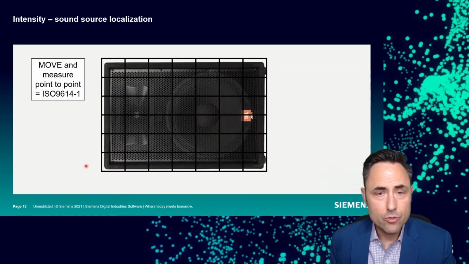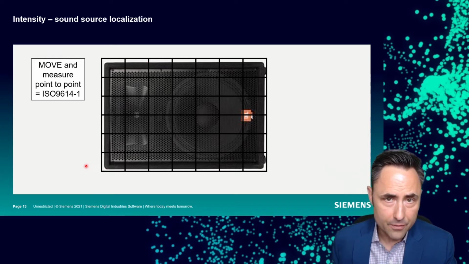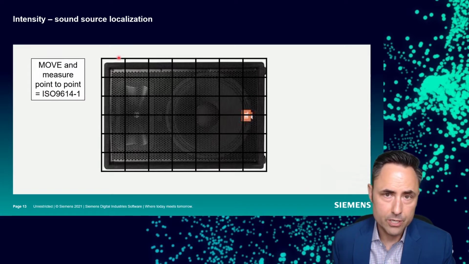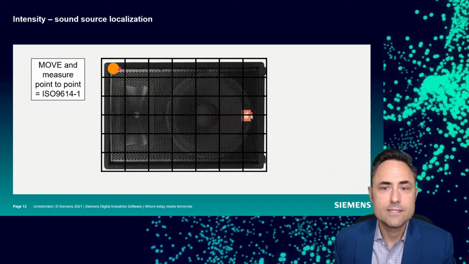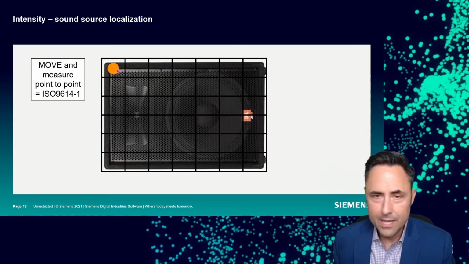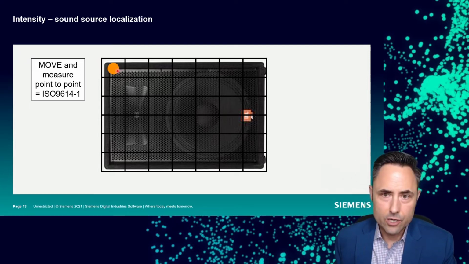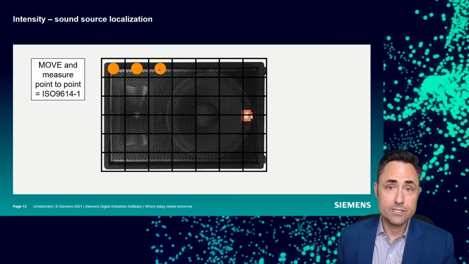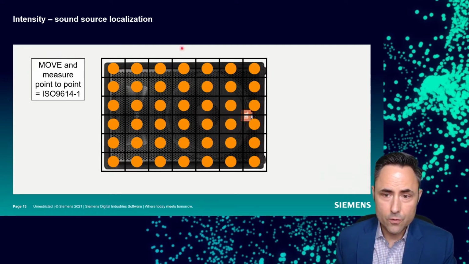Now, if I go the other route and I do the point-by-point method, which is 9614-1, I have my same sound source, my same measurement grid, but here instead of taking one measurement and scanning over the whole thing, I'm going to take all 30 seconds right here at grid A1. Let's say this cell is A1. Measure for 30 seconds, then I go to B1 and I measure another 30 seconds. And then I go to cell C1 and I measure another 30 seconds. Okay. And so on and so forth until I've fulfilled all of my measurement grids.